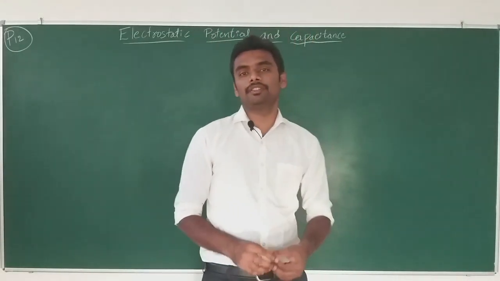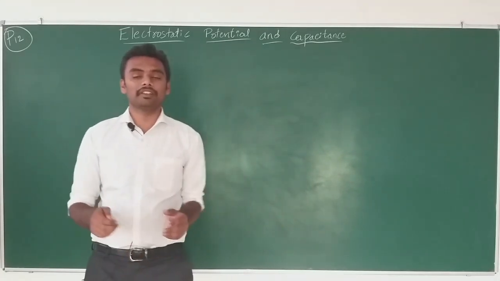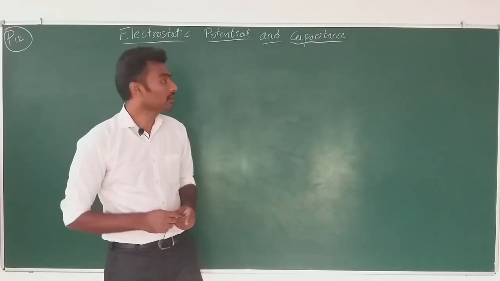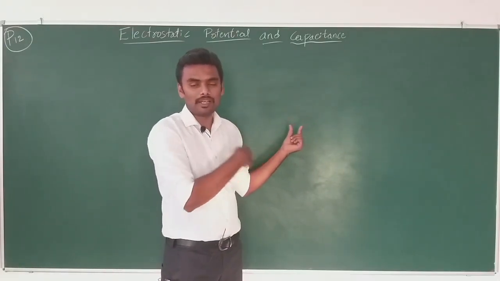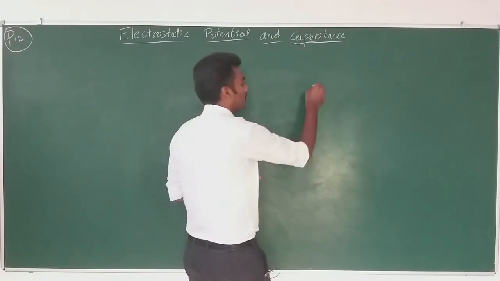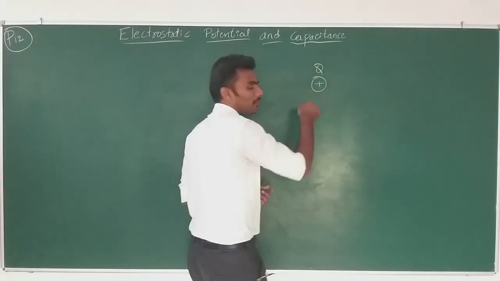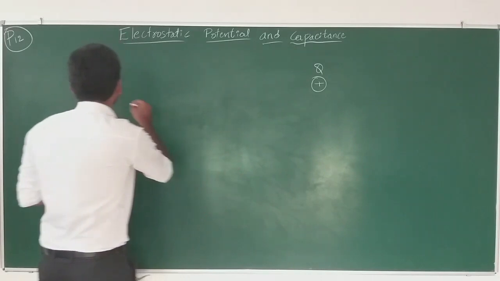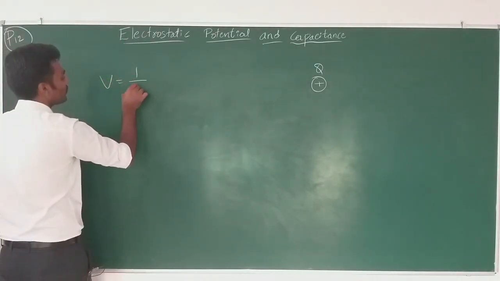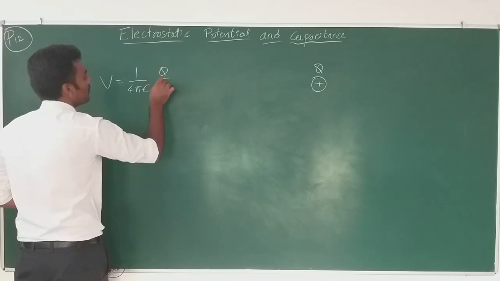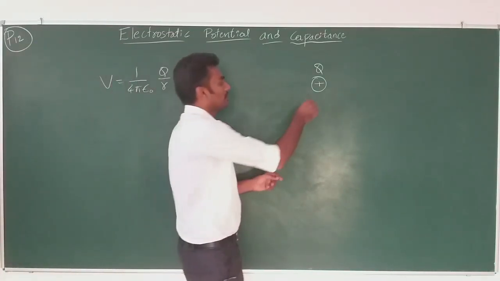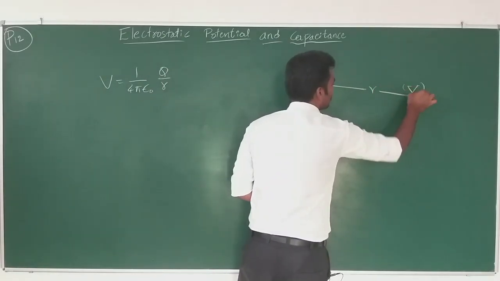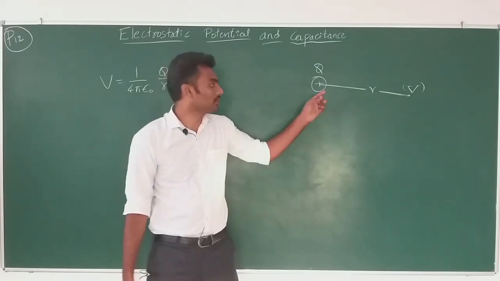So, dear students, in the last class we were discussing electrostatic potential due to a charge, right? If we have a charge, we will have electrostatic potential around it. The charge that we had yesterday was capital Q, and the electrostatic potential surrounding that region was V equal to 1 by 4 pi epsilon naught Q by R, where R is the distance from the charge to the point where we are finding the electrostatic potential due to this charge, right?